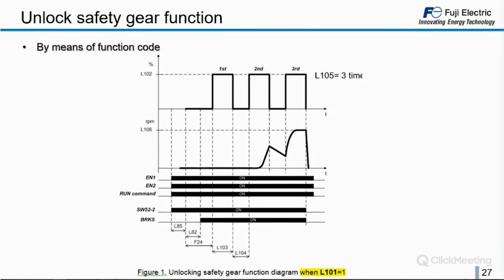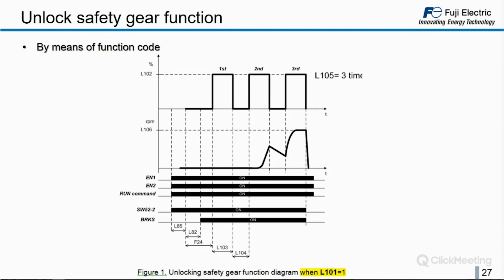How is this function working? You have two ways of activating it, either by parameter L101, so it would be a kind of auto-tuning or pole tuning. By the way, going back to YouTube, we have as well a tutorial on how to perform a pole tuning that I invite you to check. It's a very nice one. So with the parameter L101, we can activate this function from 0 to 1, or by means of a digital input as well. We can set a digital input on the inverter, and by activating the digital input, this function will be activated.